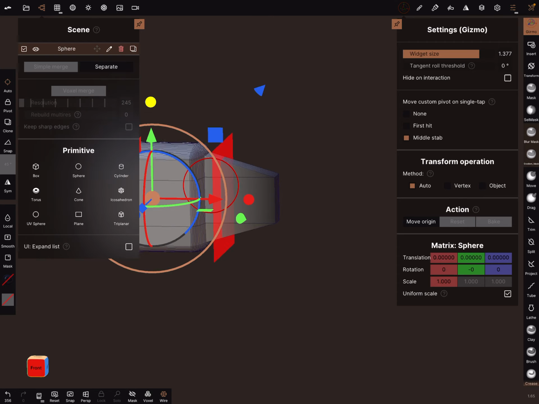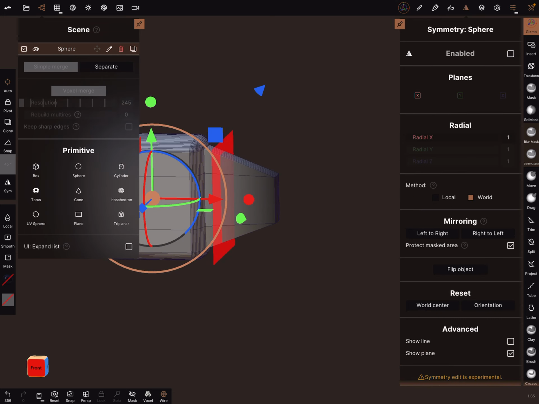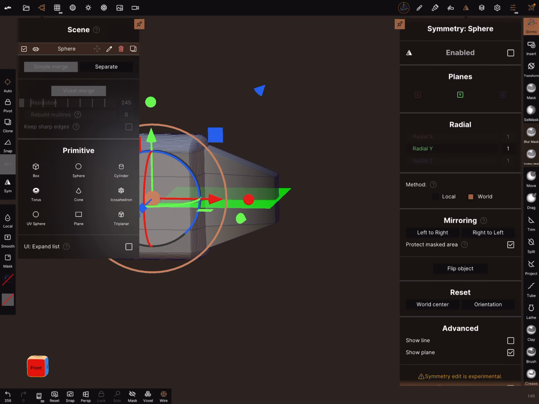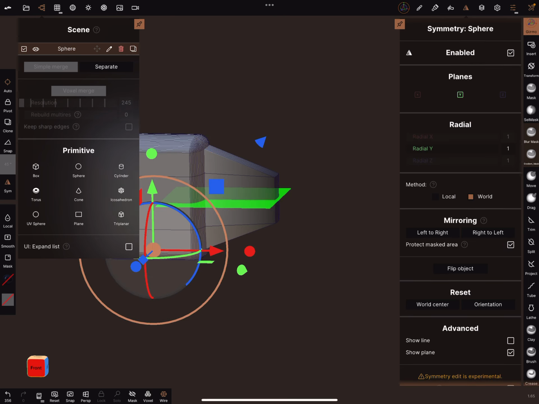And now you can test what happens when you use this plane, or you can change the plane. Active symmetry.